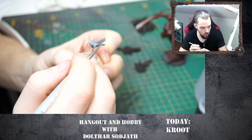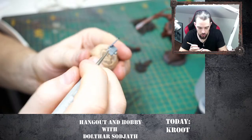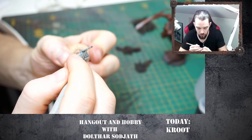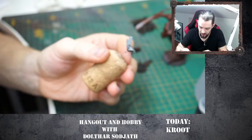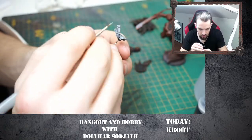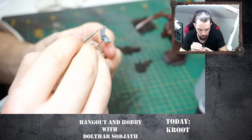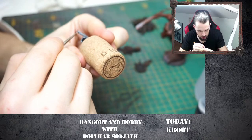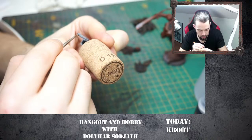By the way, I'm rolling my brush inside my color. That provides me a better tip. At least that's what I think about it. And the brush is now at a point where even the rolling isn't helpful anymore, so